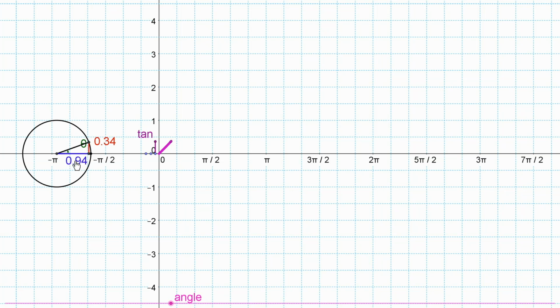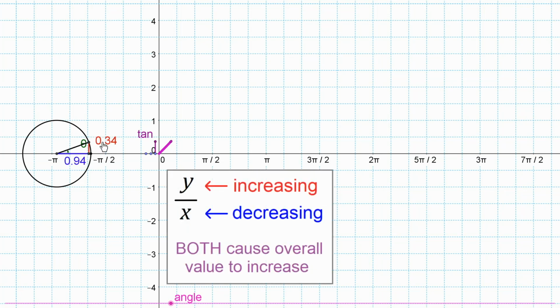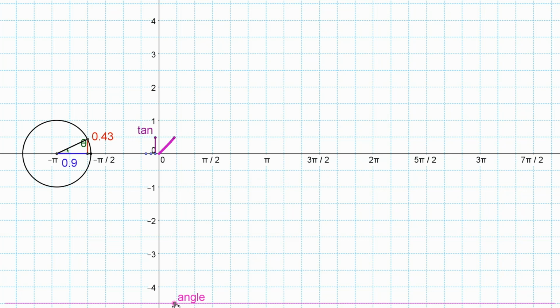But since for tangent we're dividing these two, there's two things affecting that getting bigger. This is getting bigger, and when you divide things, the number on top of your fraction, if you will, the y-coordinate is on top, it gets bigger. That makes the value bigger. But the x-coordinate is on the bottom, y over x, if the x-coordinate starts to get smaller, that also leads to the tangent value getting bigger. And so as we go here, it gets bigger and bigger and bigger, and actually it gets up to there,